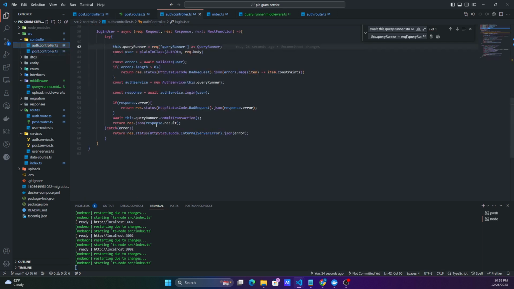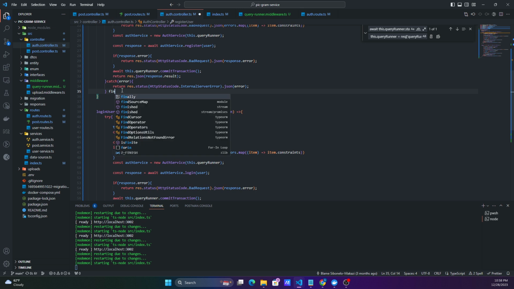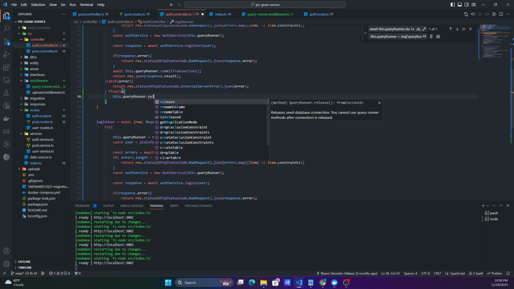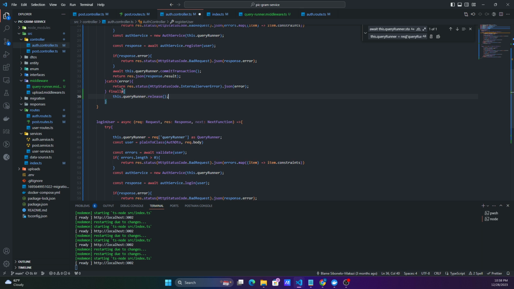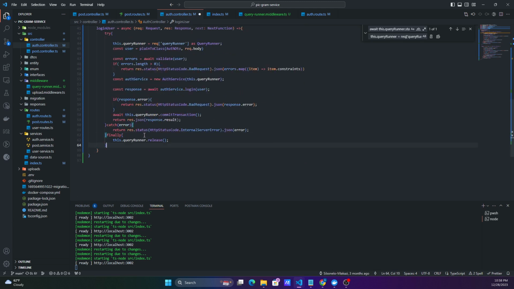And then another thing that we'll want to do, right, is have this final method, so that if everything actually runs, then we'll just want to go in this finally, and then we just want to say query runner dot release, right? So we just want to release like our actual connection, right? So once everything is done, we just wanna release our connection,